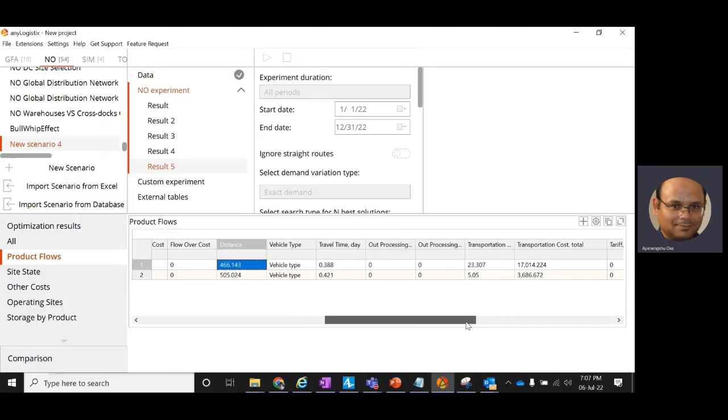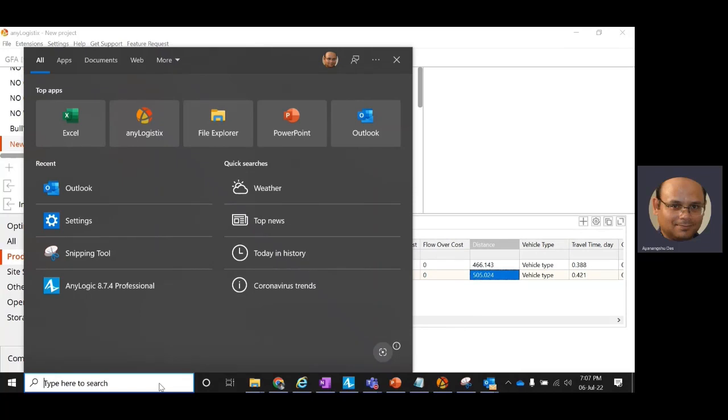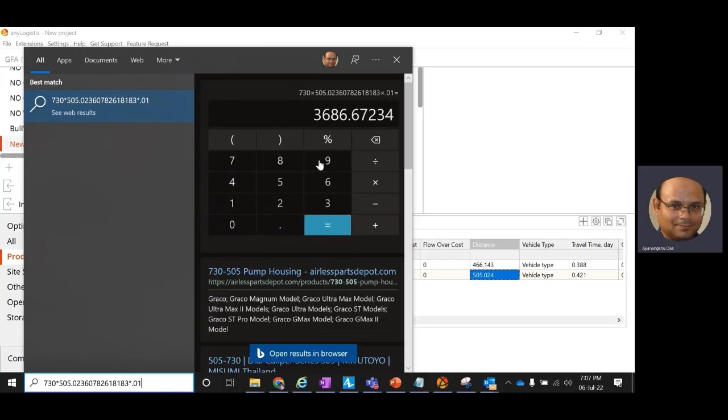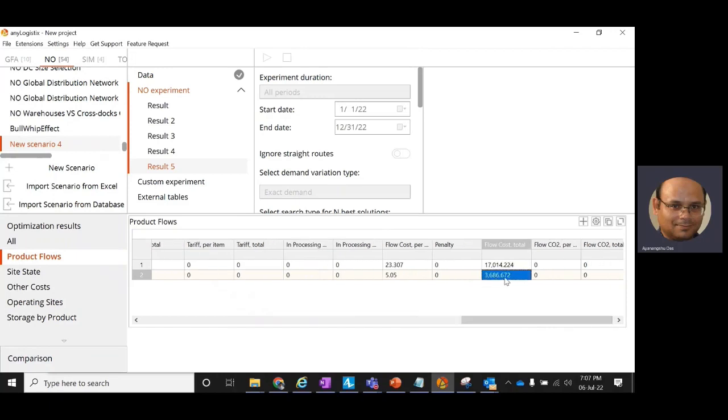Similarly, if we see what is the total volume and the distance, so distance is this. So the total volume again is 730 cubic meter multiplied by this distance multiplied by, I think we have to define the cost for each, the unit cost as 0.01. So then the total cost we see is 3686.67, which is what it is for this particular length. So this is how the total cost is calculated for a particular